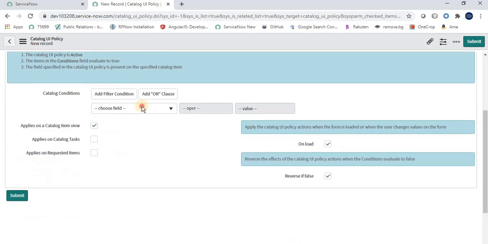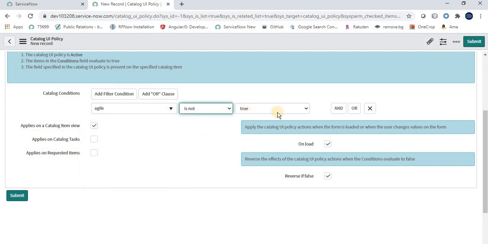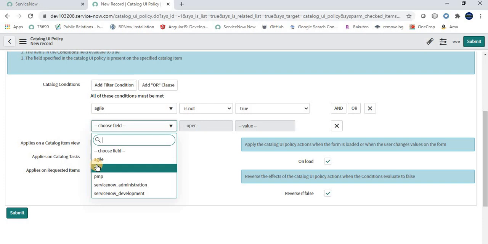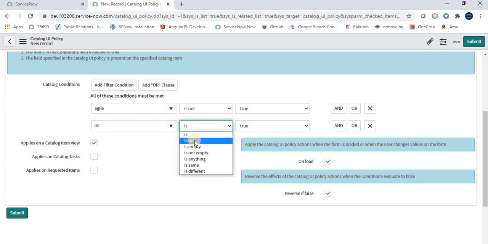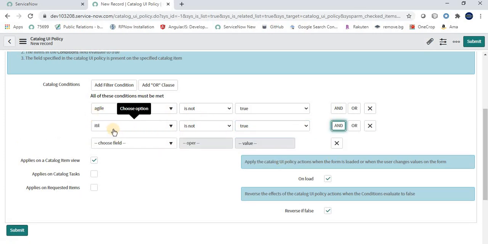Mandatory. Here what you have to do is say Agile is not true. We are giving a condition. When that particular condition is met, then the field will become mandatory. Okay, see Agile, then I'm saying ITIL is not true. So whatever options we have in the checkbox, we have to mention all the checkboxes here in the condition, with the particular value not true.